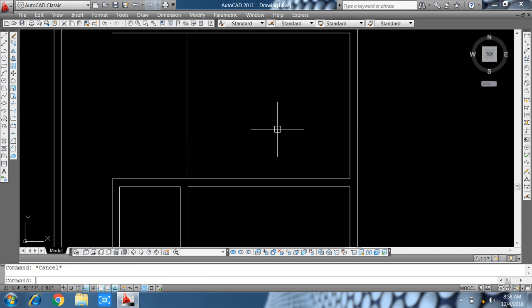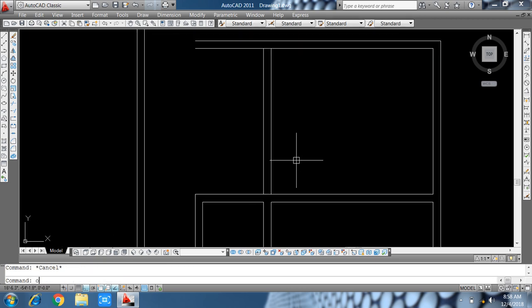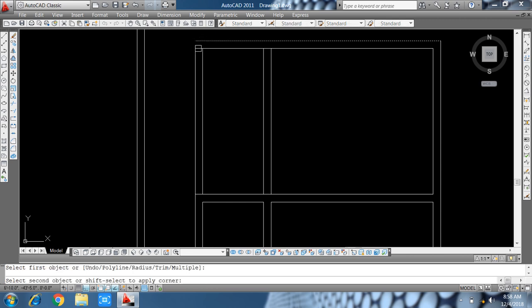So here friends, this room also we make, and these are the two rooms we make, and now we make another room.